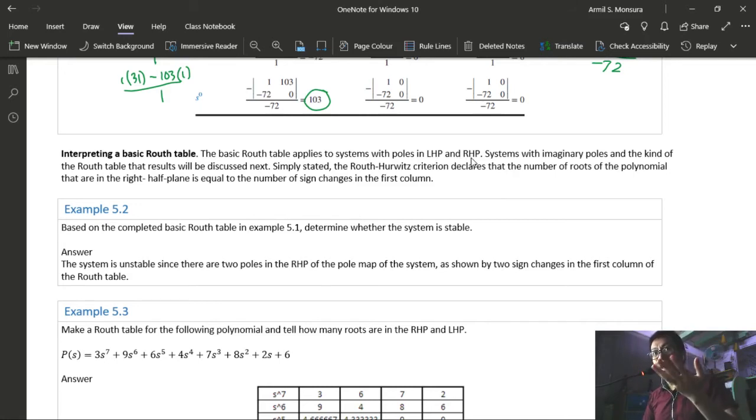Mamaya i-discuss natin yung mga cases na meron kayong zero sa first column at saka yung entire row ninyo magiging zero. Those are the two special cases of the route table. Pero in this case, we are dealing with a route table na basic pa lang. Okay. So, simply stated,